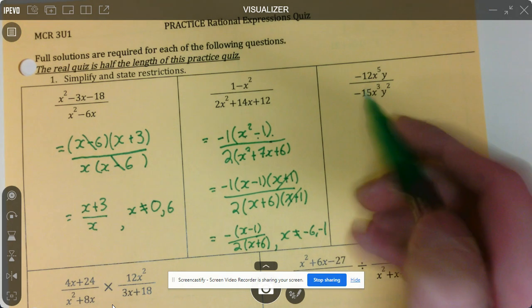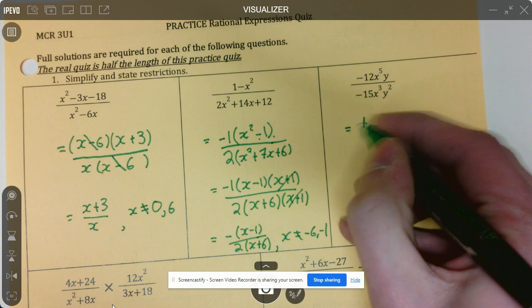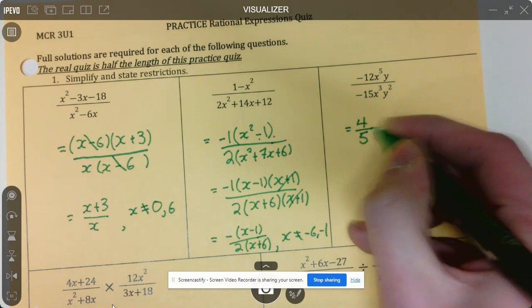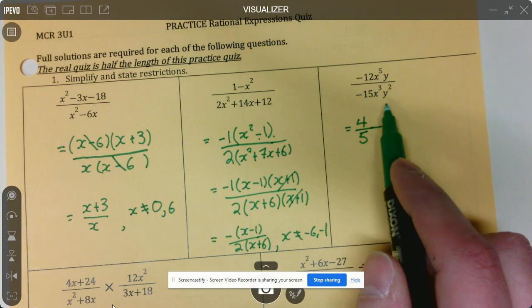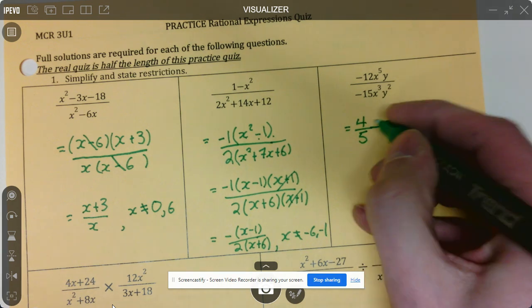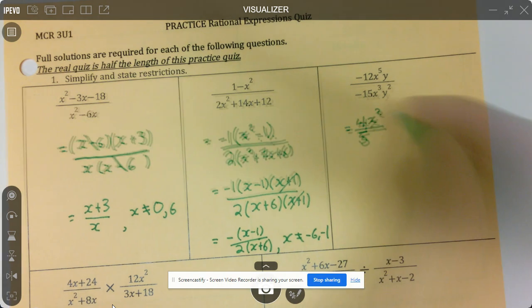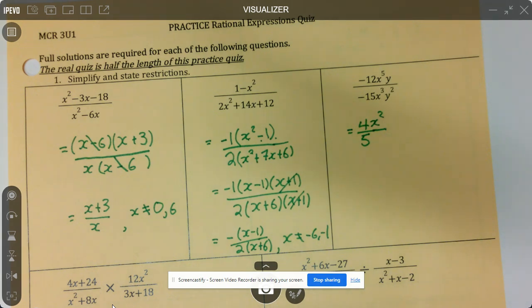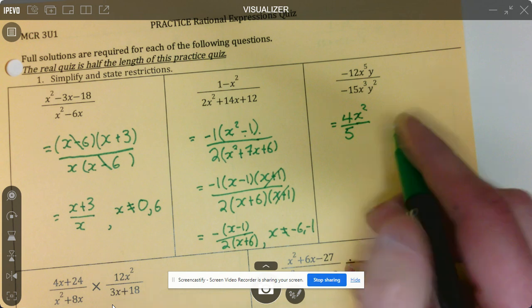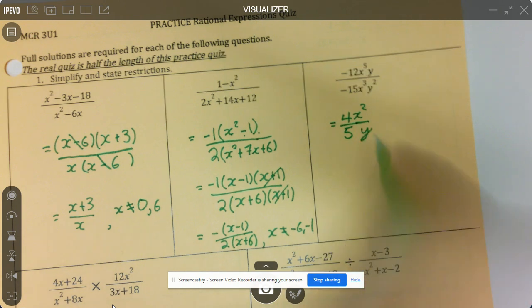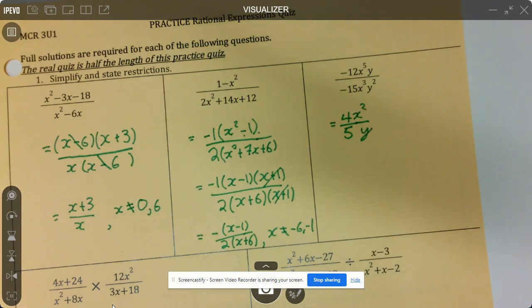Same idea here. The coefficients reduced to just 4 over 5. Negative over negative is positive. I have 5 x's multiplied together on the top and 3 on the bottom. So I'm left with just 2 on the top. So 3 of the x's are canceling out from the numerator and the denominator. Same thing with the y's. I have 1 on the top and 2 on the bottom. So 1 of the y's on the bottom cancels out with 1 on the top, and I'm left with 4x